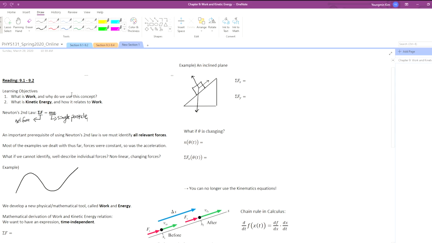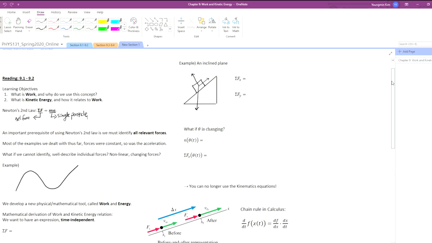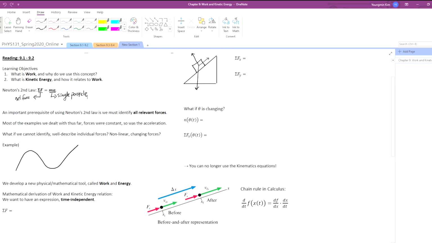As you can see from my OneNote screen here, today the learning objectives are twofold. Number one, what is work and why do we use this concept? And number two, what is kinetic energy and how does it relate to work? Okay, so these are the two objectives that we're going to cover today. Let's begin